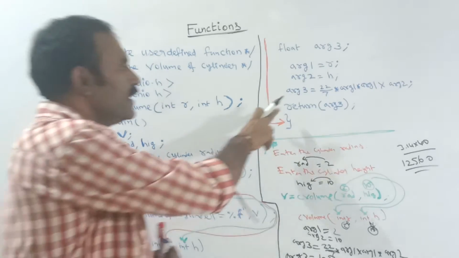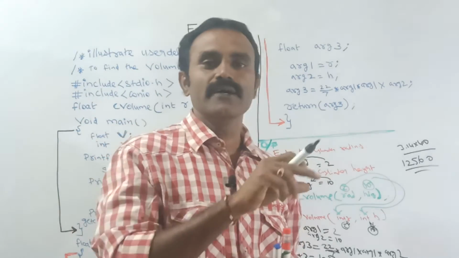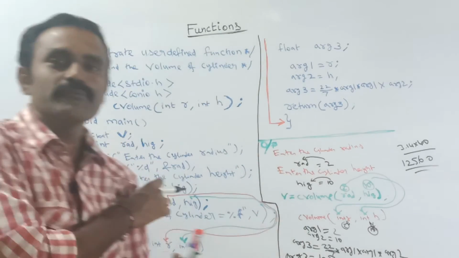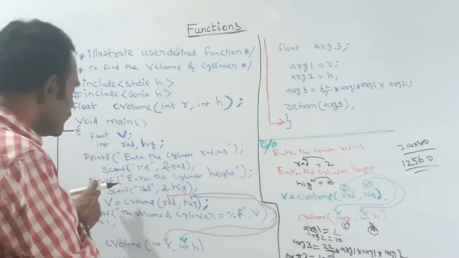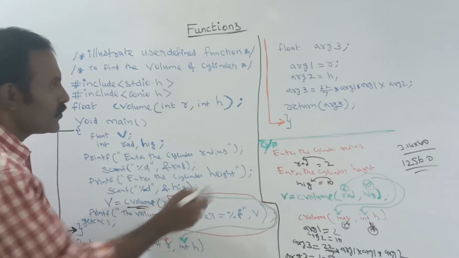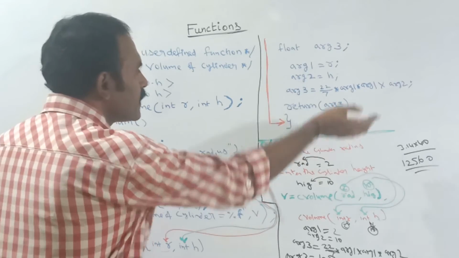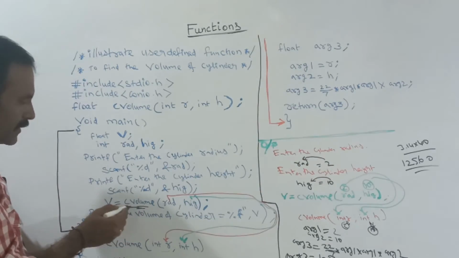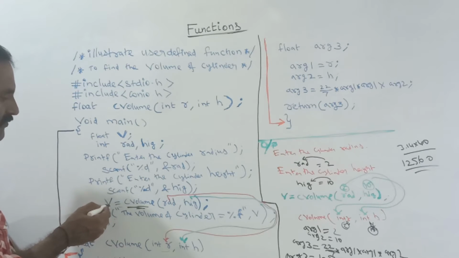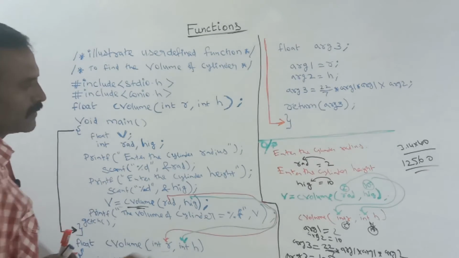In the return value, it will go back to where the function was called, to the function name. This is the main function, and here it calls the function. After this step it returns back and comes here and stores that return value to the variable v. So now how much value will v hold?